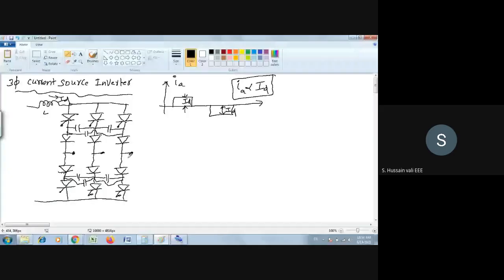So now you see here these three terminals will be connected to the induction motor. The current in the induction motor is proportional to ID, the current source value. By varying the current, we have already seen in the last class that if you vary the stator current, then the speed and torque of your induction motor also vary. So likewise, we will use this three-phase current source inverter to control the induction motor.